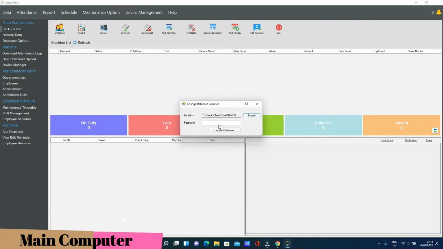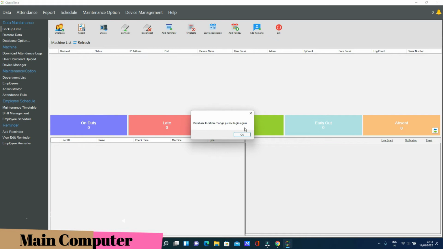If you're using an old version of the software, then just click Update and the system will change the path. If you're using the new software, then you have to put the password here. So the password is TIMECHECK at $12.